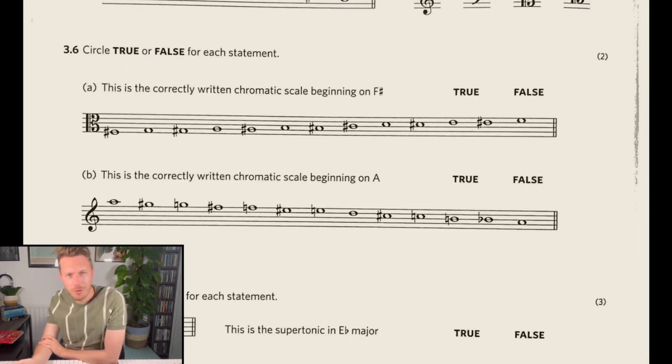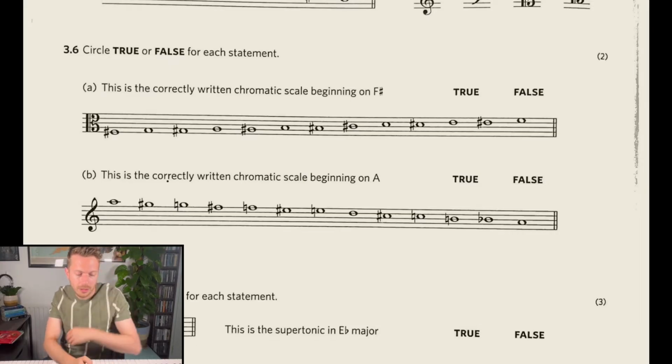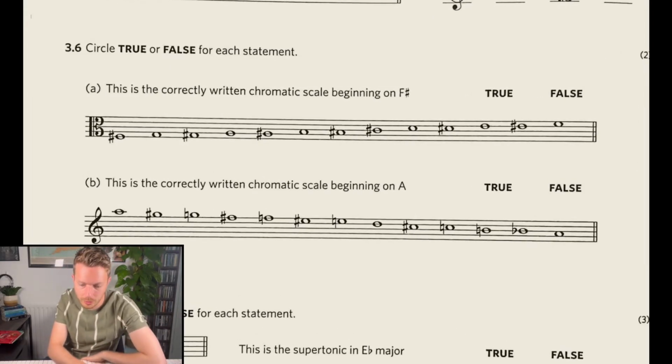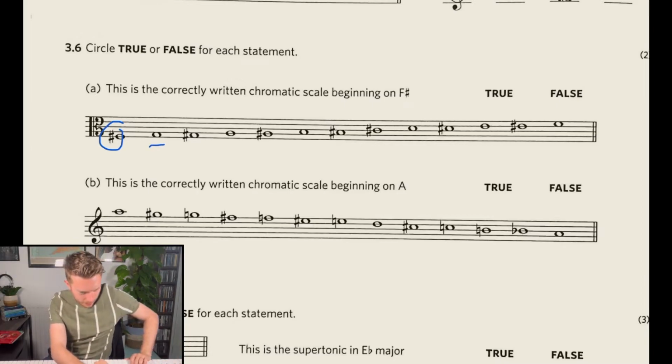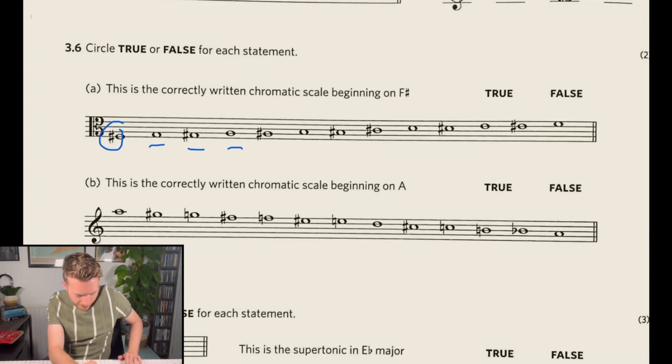True or false? Hopefully this will be a bit easier. This is a chromatic scale starting on F sharp in the alto clef. So let's go through it note by note. So we have an F sharp, then a G. I'll play it to you as I go through it on the piano. F sharp, G, G sharp, A